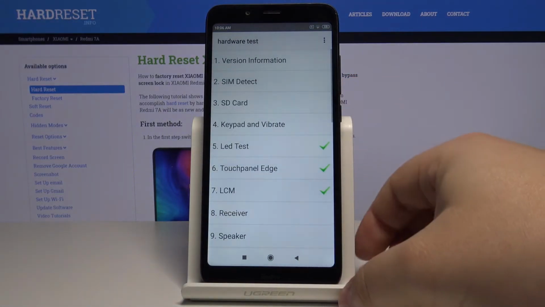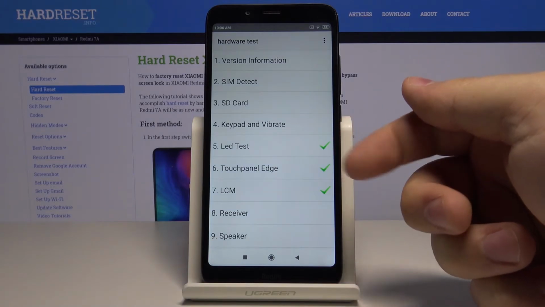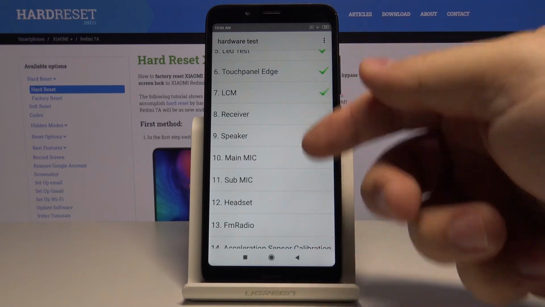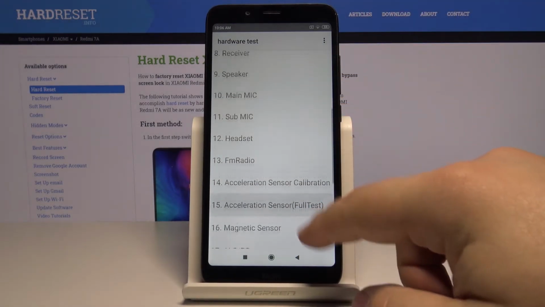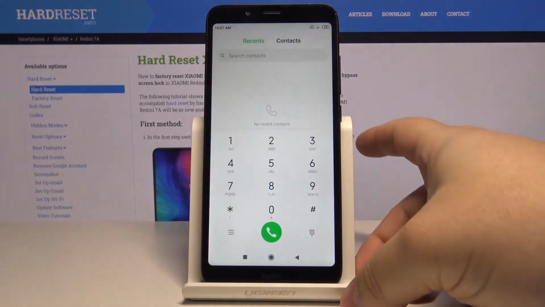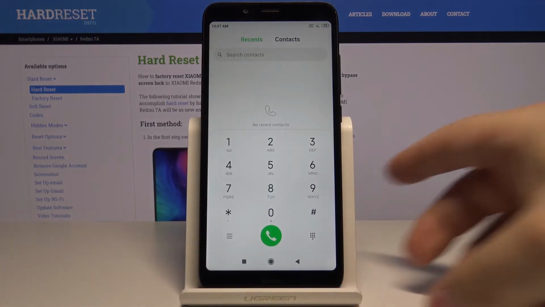Let's go back here. And as you can see, we tested a few things: LED, touch panel, and LCM. And you can test many things right here. Okay, let's close this and enter another code, which is